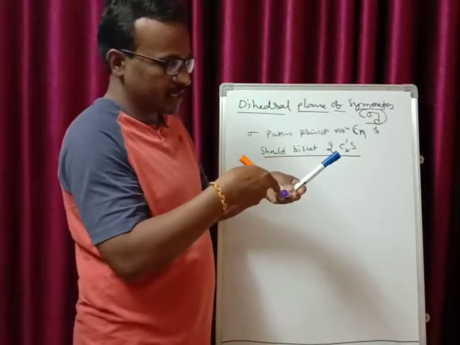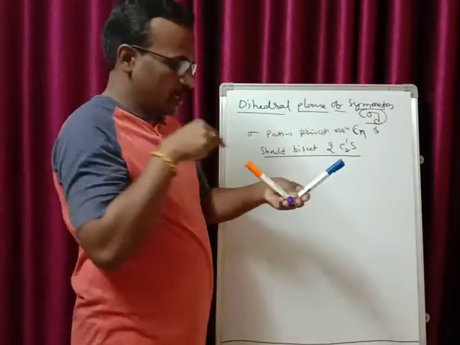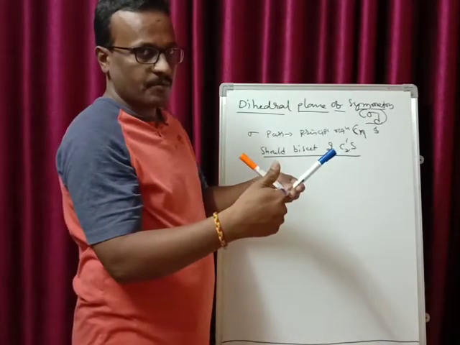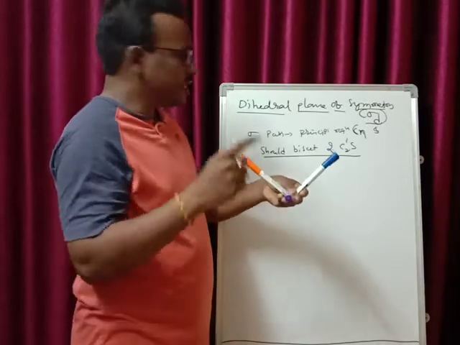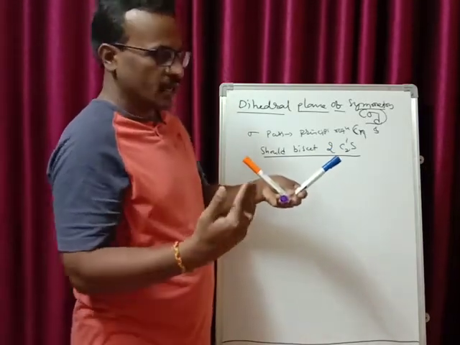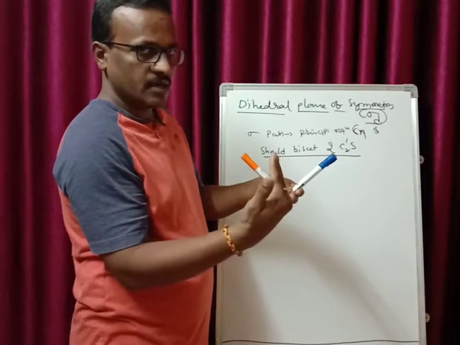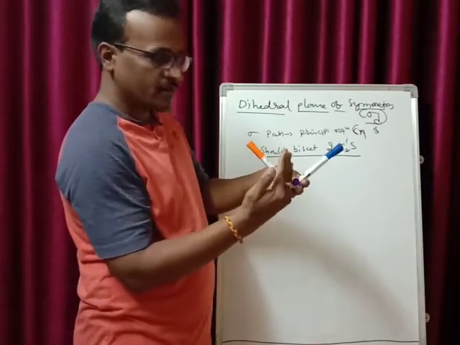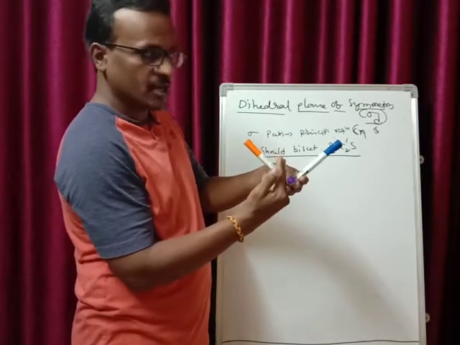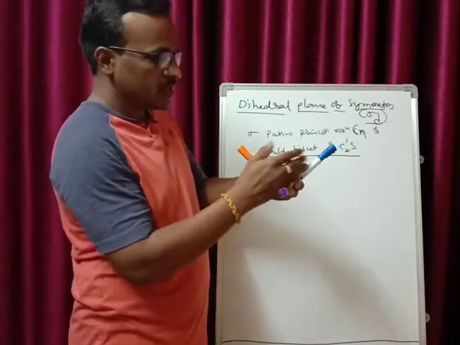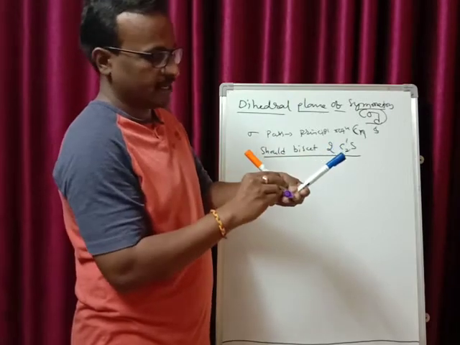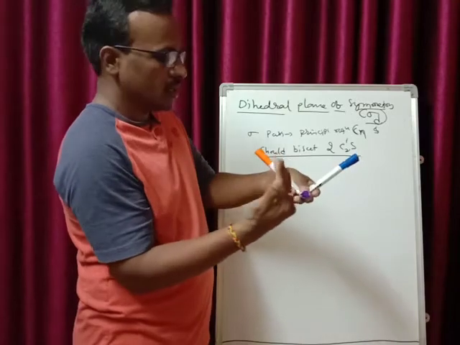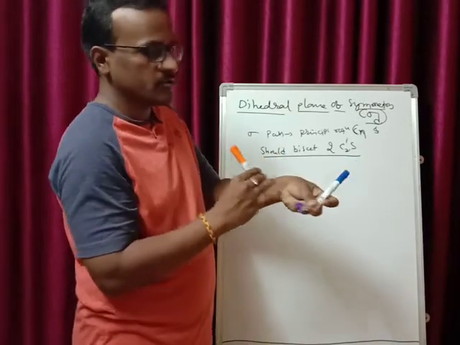That is, this C2 is passing along this axis. This is another C2 passing like this. This is your principal rotational axis of symmetry, passing along this axis. The condition for a dihedral plane of symmetry is that your plane of symmetry should pass along with the principal rotational axis. That is, it should pass like this. When you are cutting the molecule like this along your principal axis, these two C2s must be bisected. That means it should cut and separate these two C2s. So whenever the plane passes like this, you have two C2s bisected.